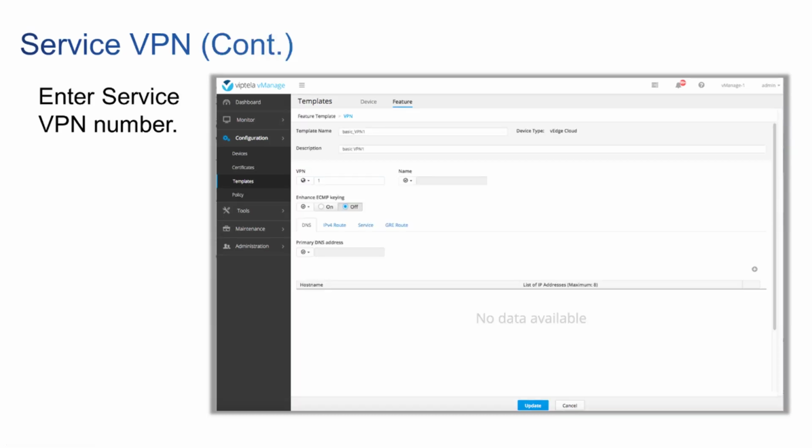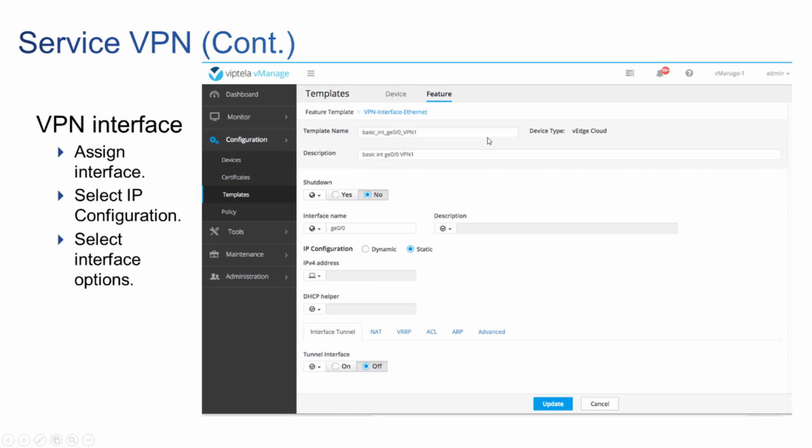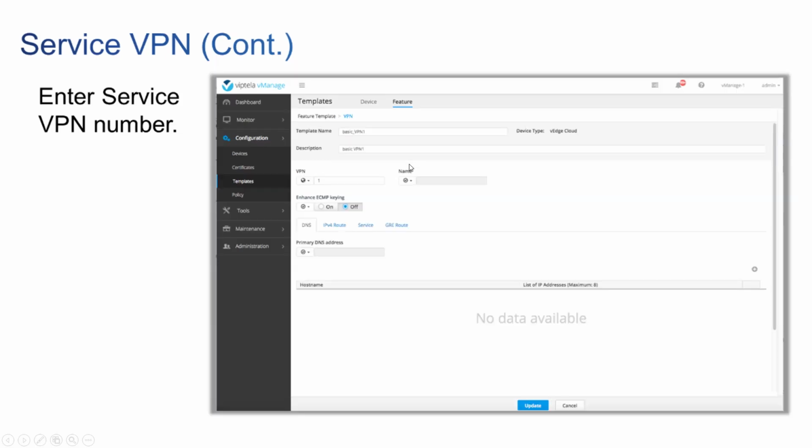All right, so the basic configuration is pretty straightforward, right? Basic configuration allows us to go in and turn on or turn off an interface. And we're, in this case, again, able to do static configurations. The idea here is that we're still assigning this interface to a VPN, right? So this is the interface that's going to end up being assigned to VPN 1, which we created here, basic